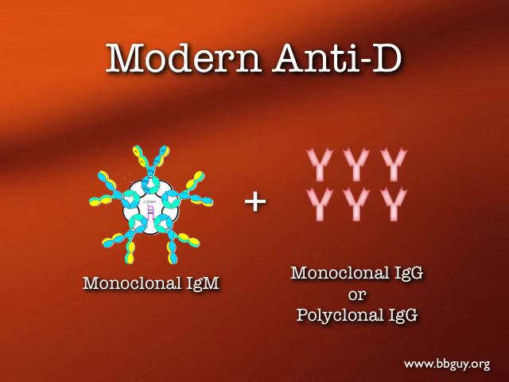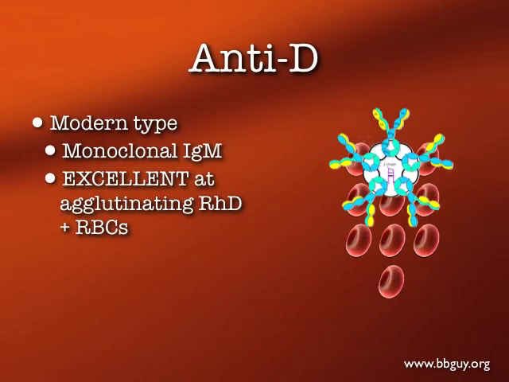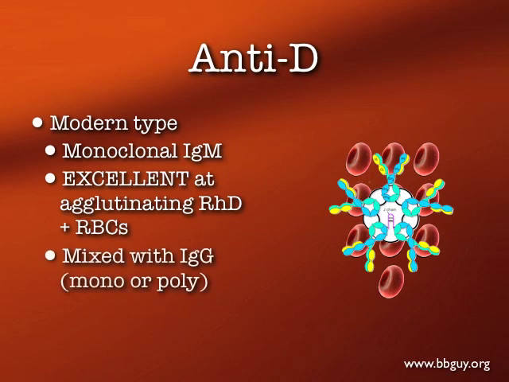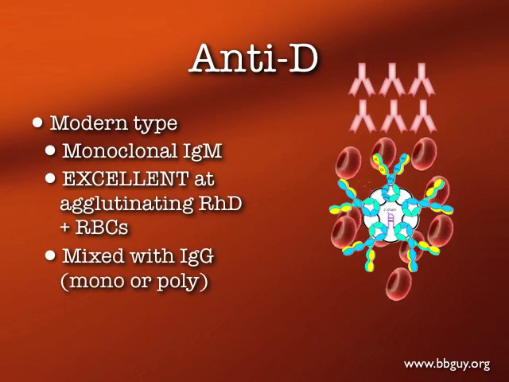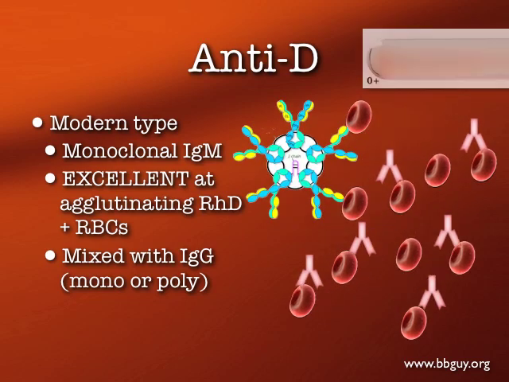So it's all one mixture. It's not like you add them separately, but it's one mixture. And let me show you how that works. Again, monoclonal IgM added to IgG, but at the same time, in a mixture. You get the IgG monoclonal or polyclonal anti-D that comes in, but you usually don't need it because this is what typically happens. That IgM is great at binding, agglutinating, giving you a strong positive, and you get someone who appears D positive. But occasionally, much less commonly than with the old forms of anti-D, you would get this, where